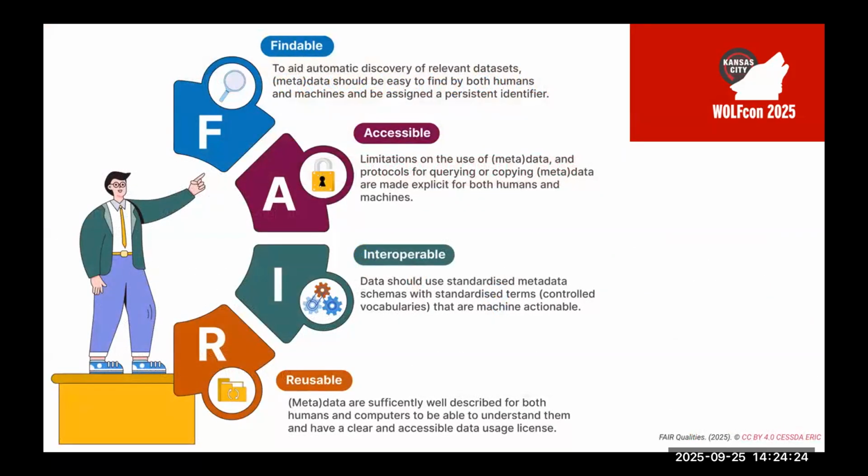So all of those federal and international mandates didn't just apply to published articles. They also worked to really establish guidelines and best practices for other types of research. So part of that OSTP memo also specified guidelines for metadata and established the FAIR principles for data and digital objects. The FAIR principles are really interesting.